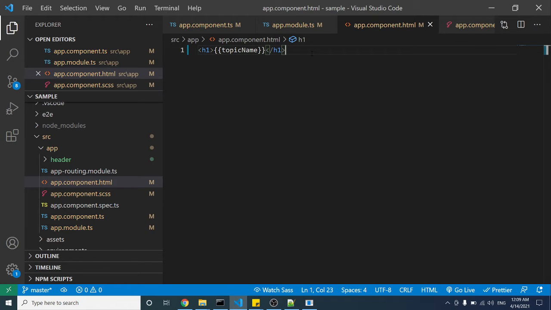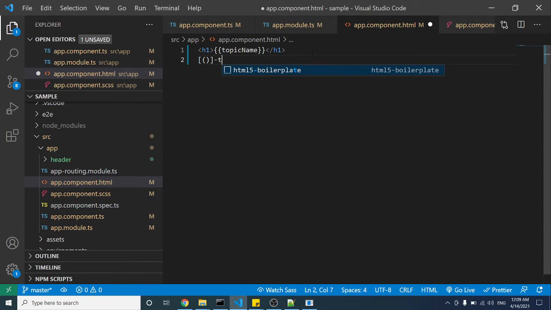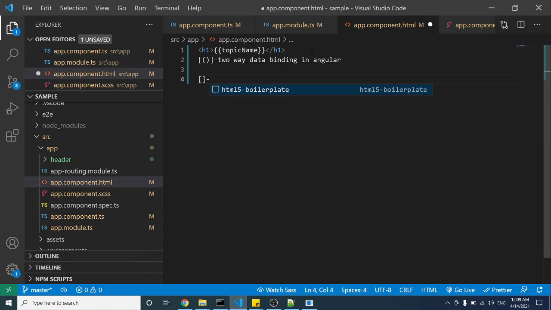The syntax of two-way data binding is the combination of square braces and parentheses. So this is the syntax of two-way data binding in Angular. Here you can see the first one is square braces, which is nothing but property binding, data from the class component to the template file.